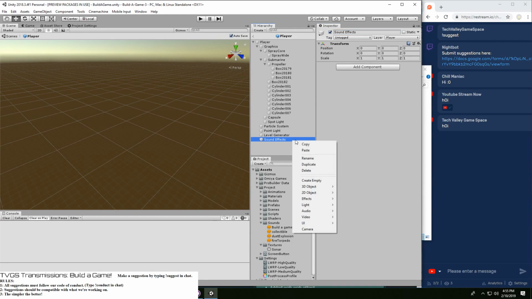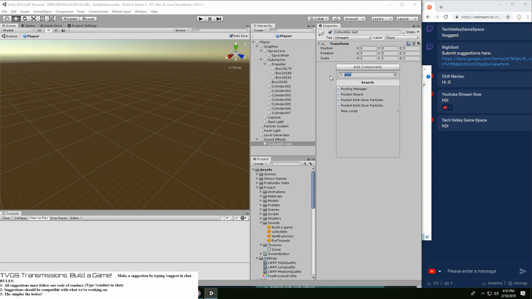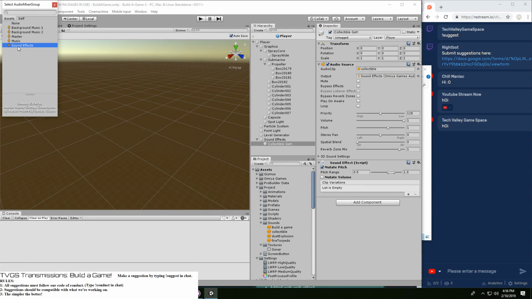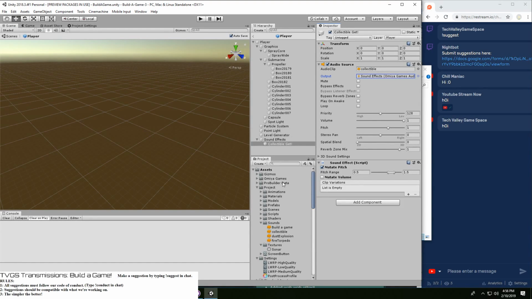And then we're going to say collectible get, because why not, sound effects script, and we are going to not play that. We are going to mutate the pitch, however, that's important, and then make sure that the collectible is in there. Throw it in the sound effects music filter, and that should do that.